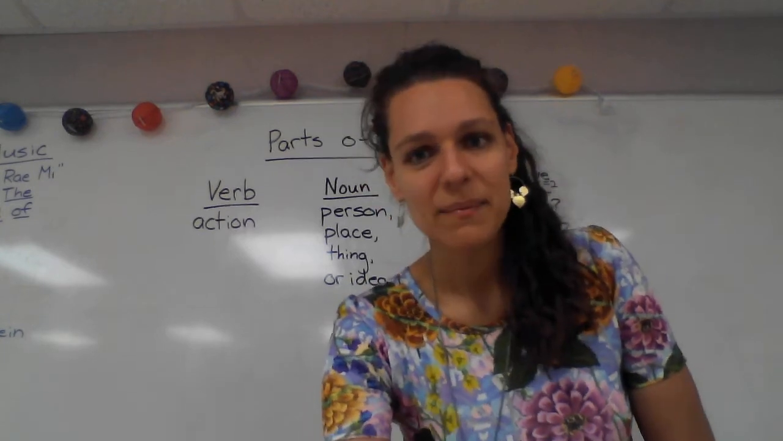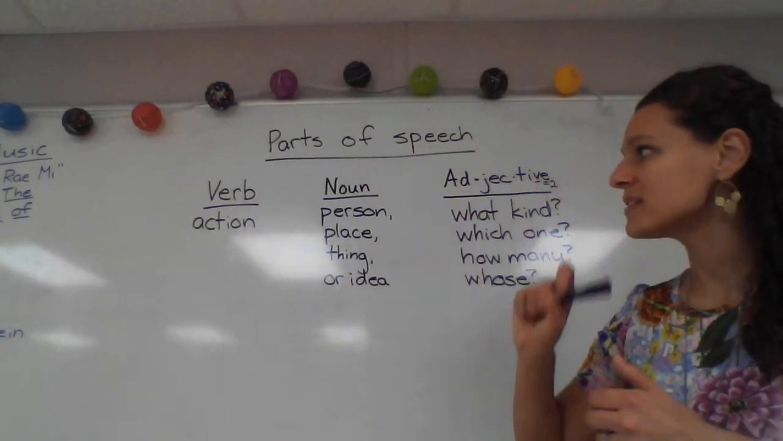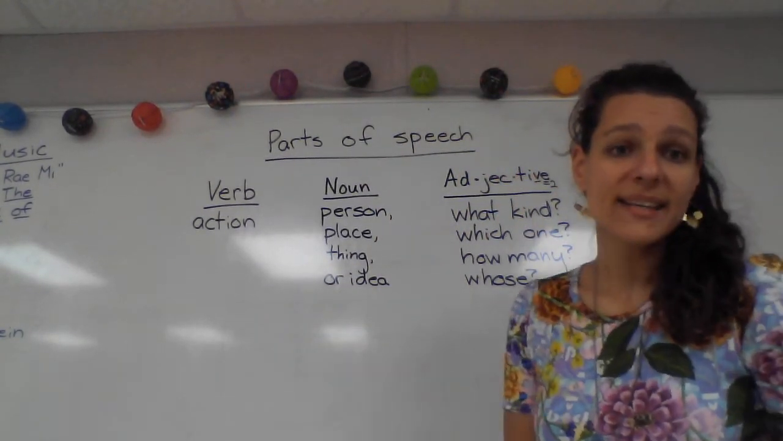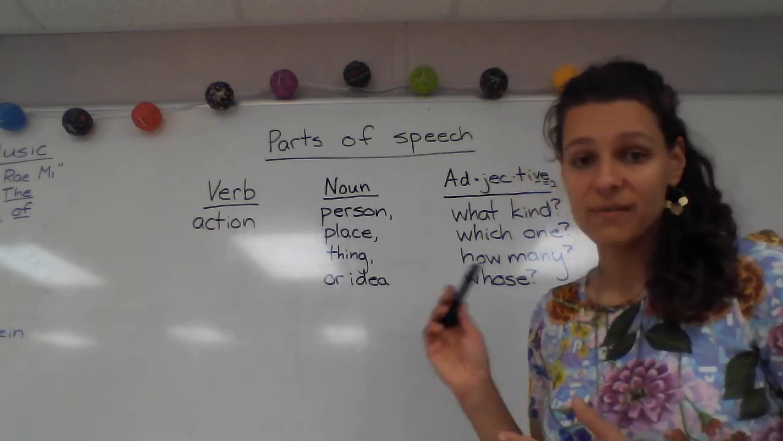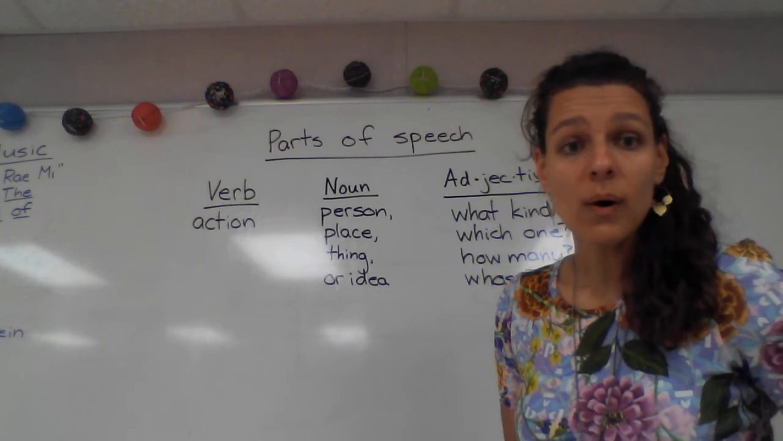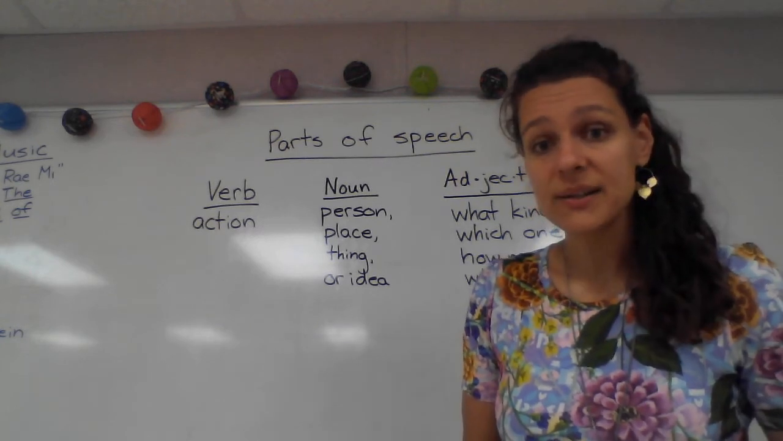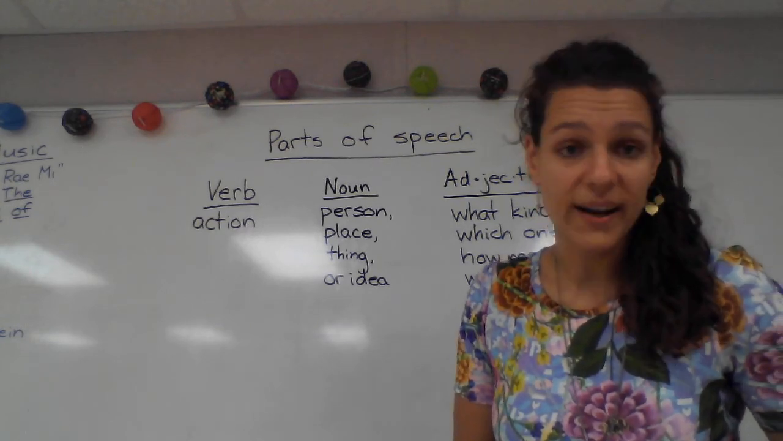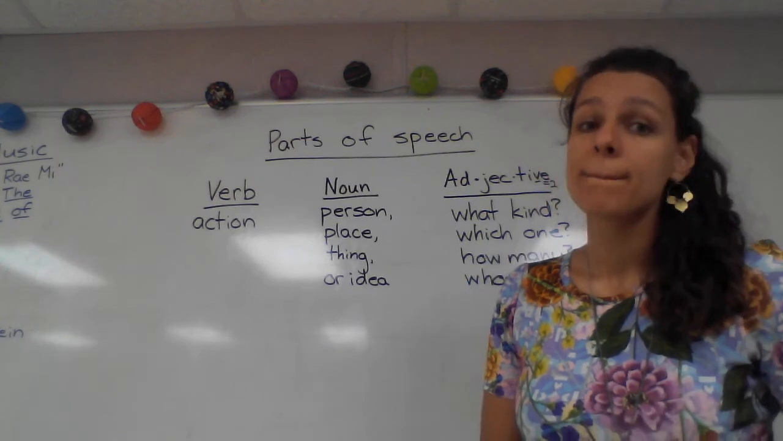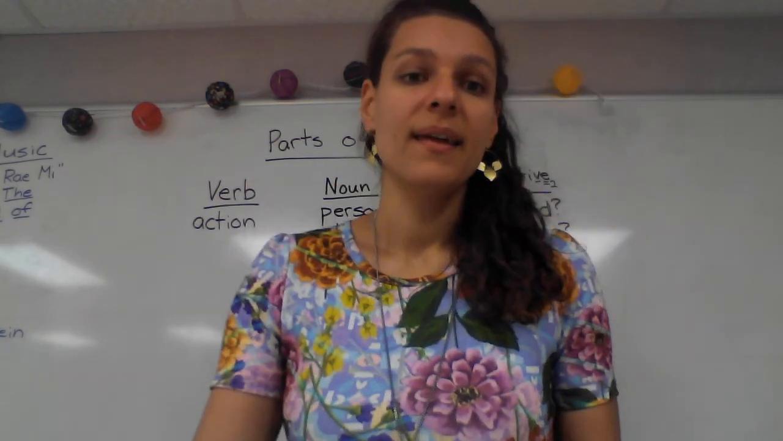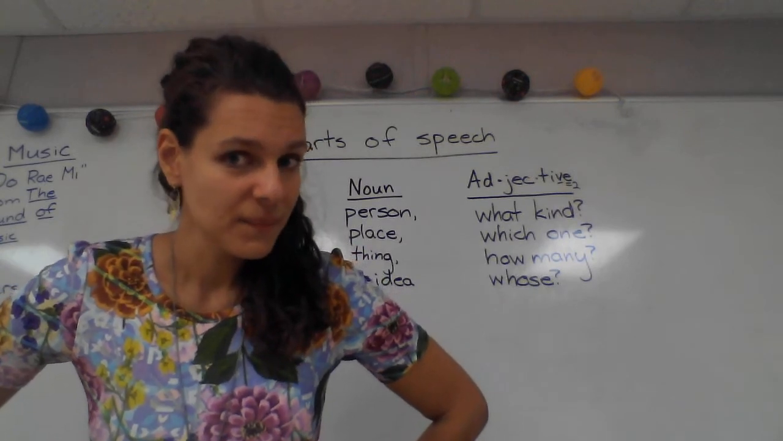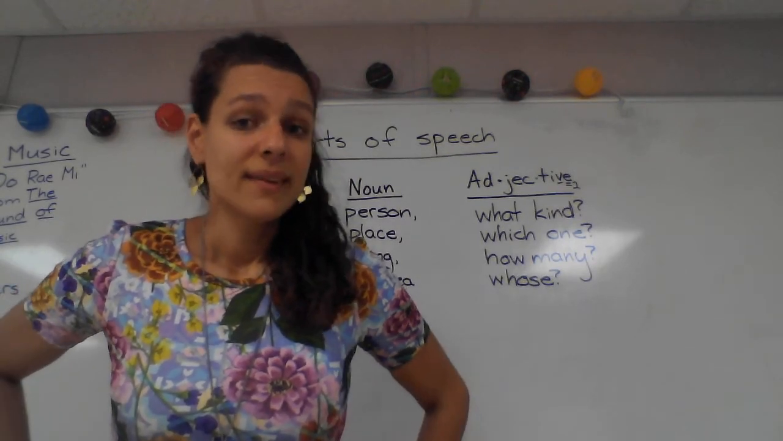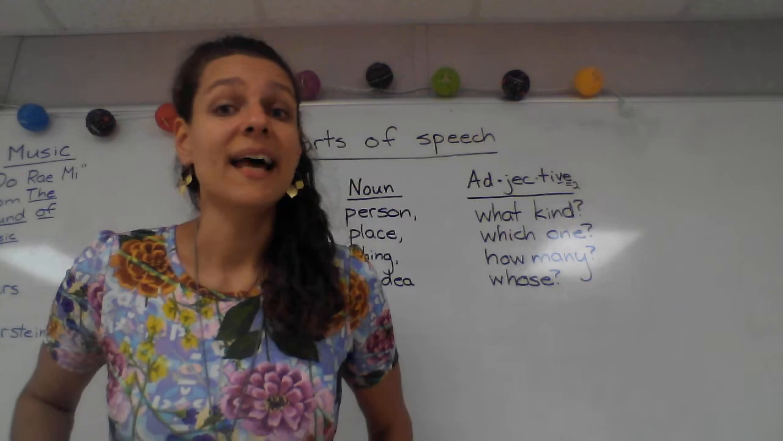All right, nice job. Class, let's review the parts of speech we know. What is a word for an action? Good, a verb. What part of speech is a person, place, a thing, or an idea? Good, it's a noun. And what kind of word describes a noun? Nice job if you said adjective. An